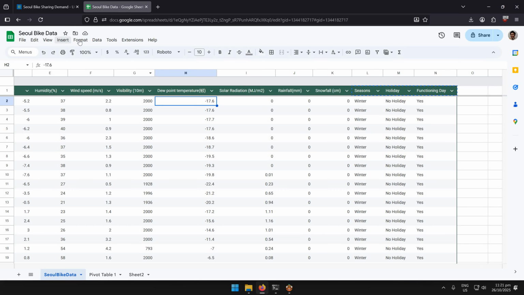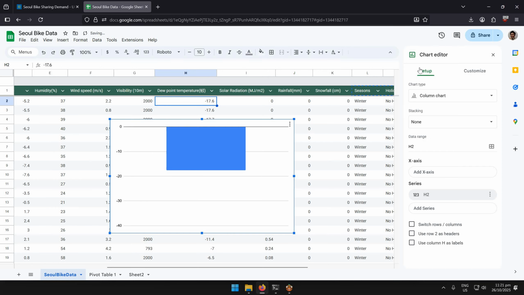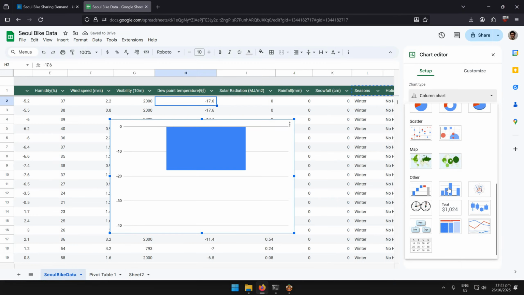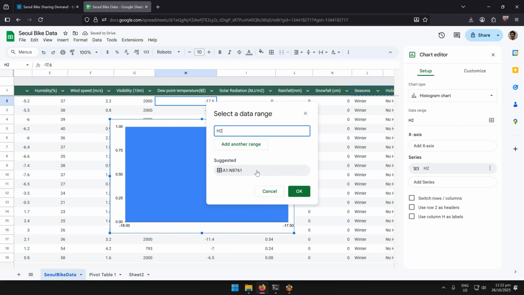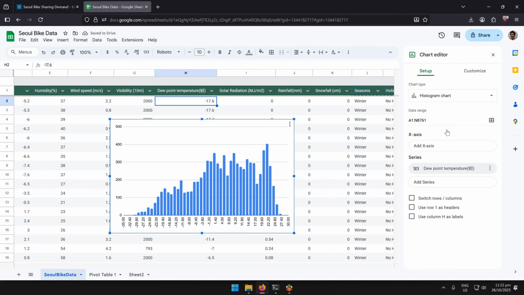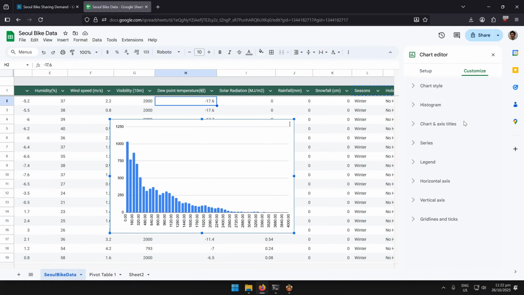So for example, if you want to use Google Sheets to create a histogram visualization, you can insert a chart, for example, and then there is an option for a histogram chart right here in the other section. And you can just change the data range right here. So this one would correspond to the entire table. So I'm going to select this one and then press OK right here and then select a specific feature. So if I'm interested in rented bike counts, so these are the distributions. You can even customize this histogram chart right here